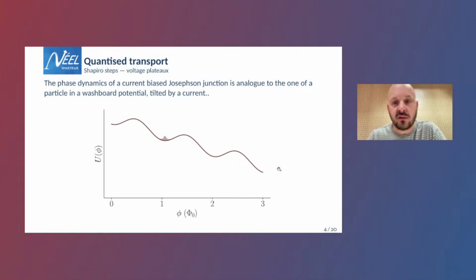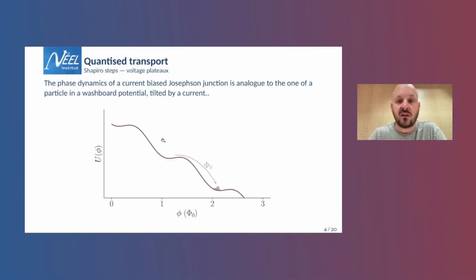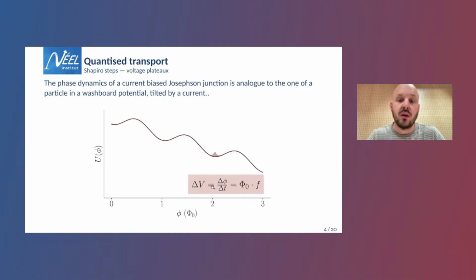You see that there is a tilt because of a current, but still the phase is localized in one well. And now if I somehow shake this well, because I'm adding some alternating current, you see that the effective particle might actually jump from one minimum to the other minimum. And now if you somehow compute what is the average current, what is the mean current,